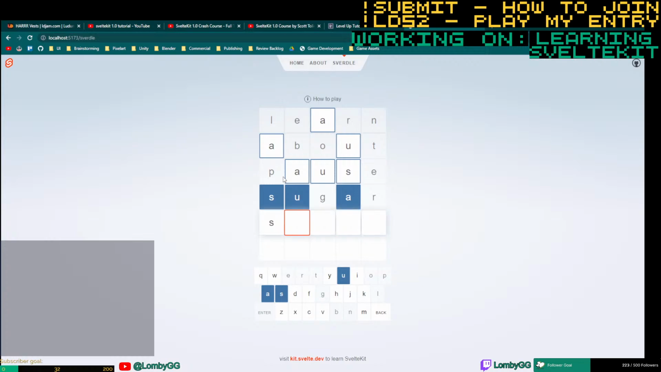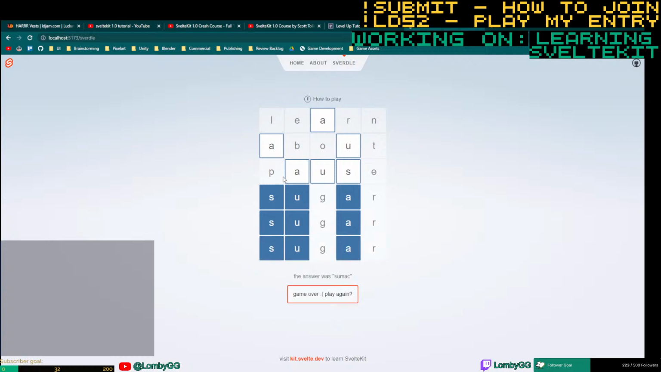I've got no idea what this is. I might guess another couple of words because I really want to see what the word is now. Let's just guess a couple of times more. Sumac, with a C, not a K. That is a tough word though. Anyway,